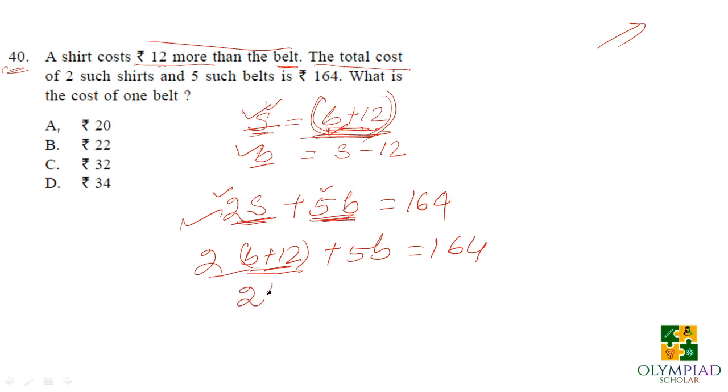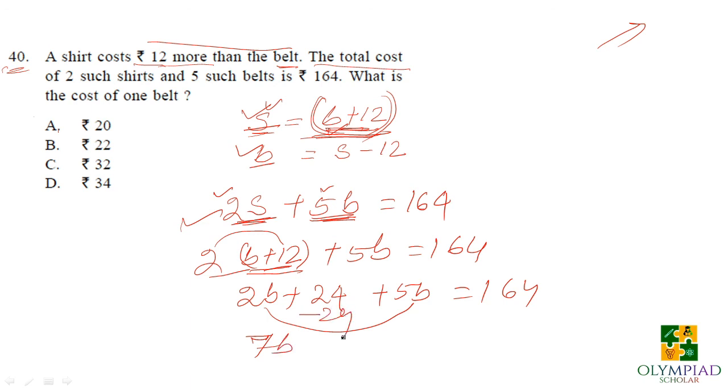So let me proceed further. It will be 2b plus twice of 12, that is 24, plus 5b, which equals 164. So again if I bring together 2b and 5b, I'll have 7b. So I don't need this 24 here, so I need to cancel 24 from both sides, and if I subtract 24 from 164, then definitely I'll get 140. So if 7 times b is 140, then b is 140 divided by 7, which will be only 20